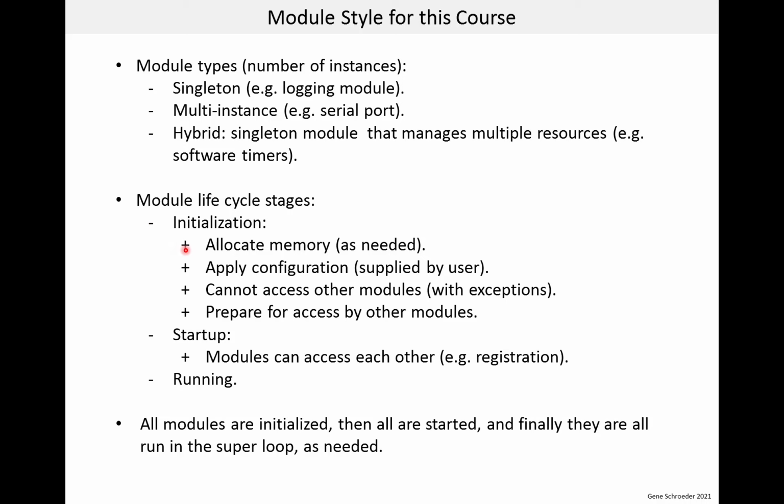Now, in many cases, the memory will already be allocated at compile time through static or global variables. However, memory allocation could involve use of the heap if you are using the heap on your project, and that is another topic. Also, during module initialization, the configuration is passed in by the user and stored in the module